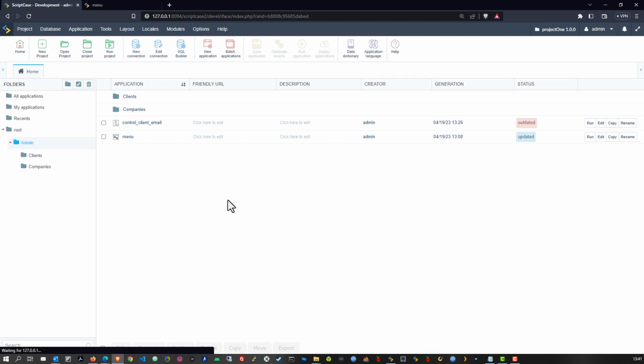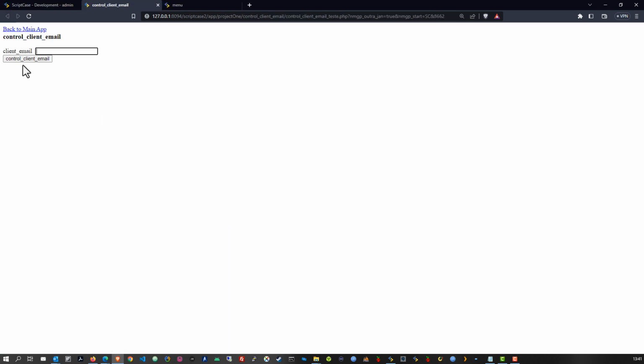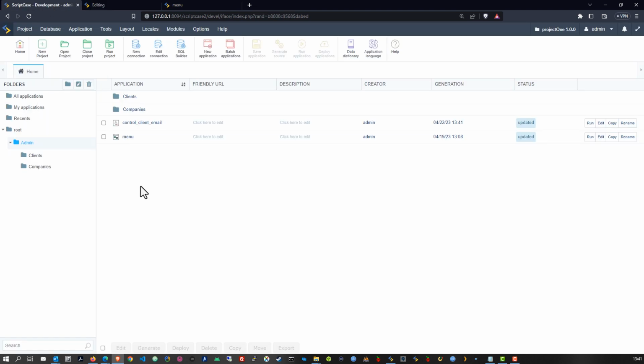Okay, and now we have our menu as well as the email form that we had created. So let's have a quick look at that, because that's still outdated here, and there are still quite a few things that we need to do. So we can skip the email for now, and then we are missing the to email, and the from is then automatically taken from our settings table, if you remember that. Okay, so we have then our subject and everything here, which is quite nice, and we will want to make